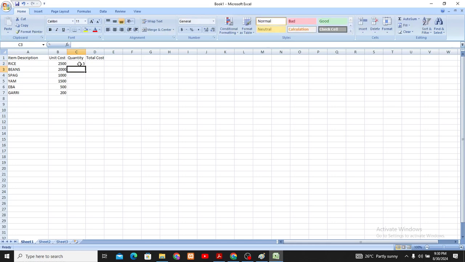For beans you want to buy 1. For spag you want to buy 3. For yam you want to buy like 10. For eba you want to buy like 3 or so, and for gari you need to buy 20 if needed. Now the total cost, if one costs 2,500 and the quantity is 5, it will be 2,500 times 5, right? So this is where